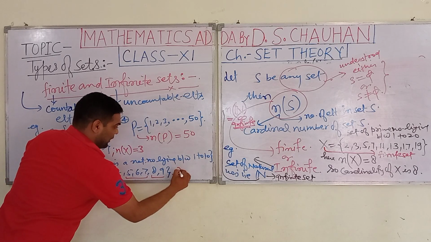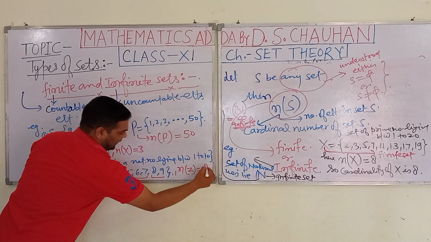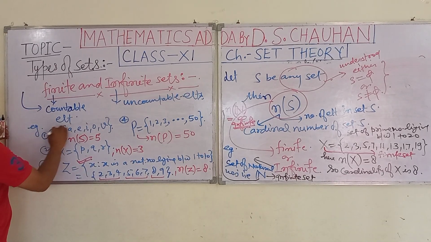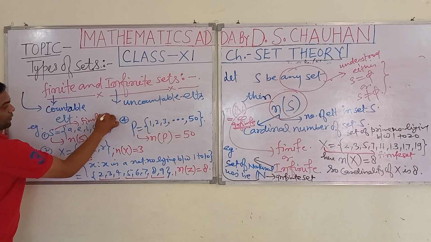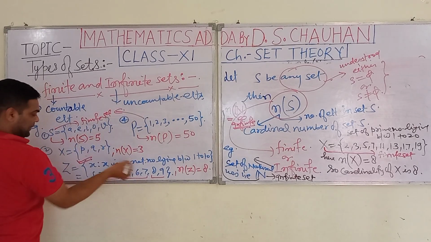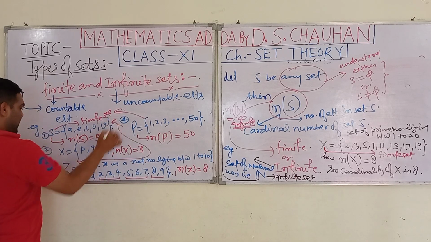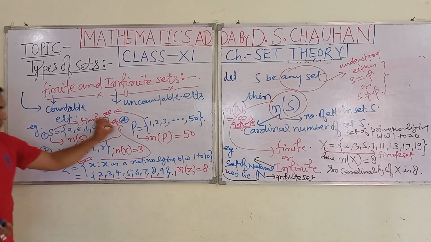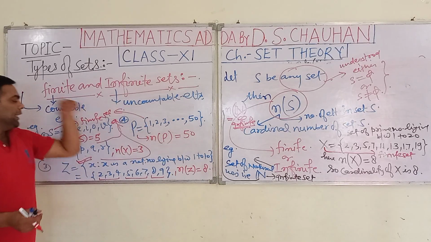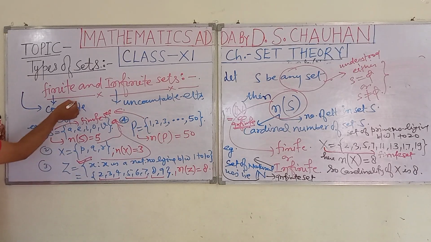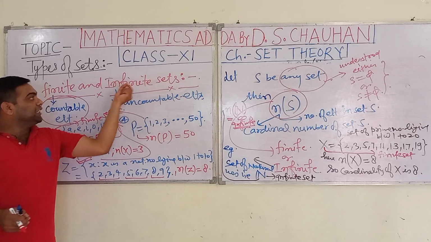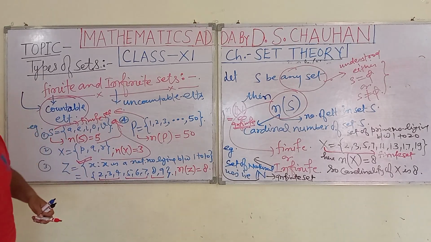Here this is the set represented in set builder form. We know that we can convert a set builder form into roster form. So when we have converted it into roster form, we can count the elements. These are 8 in number, so the cardinality of set Z is 8. Well students, so here all the sets are finite sets. Sets S, X, Z, P are all finite sets.